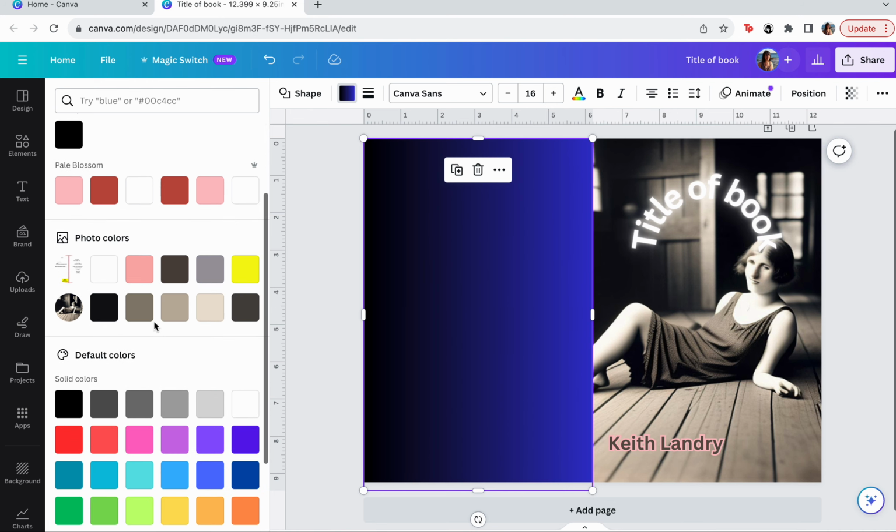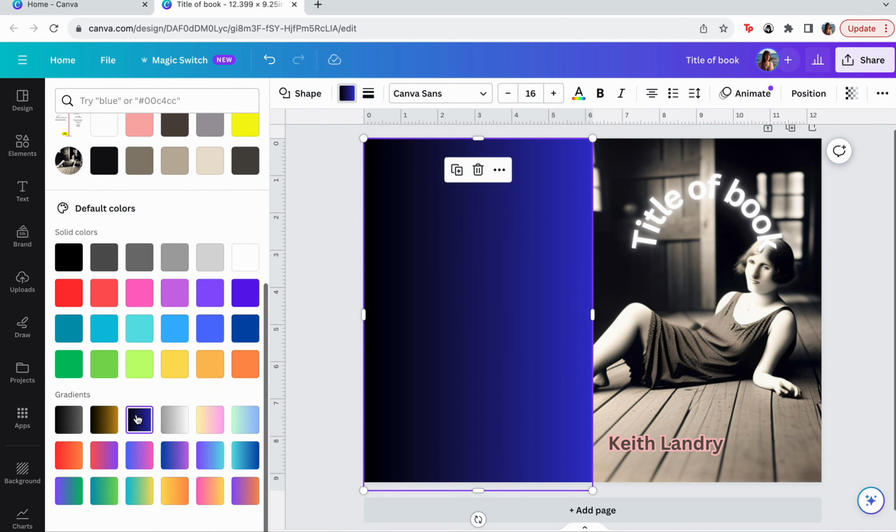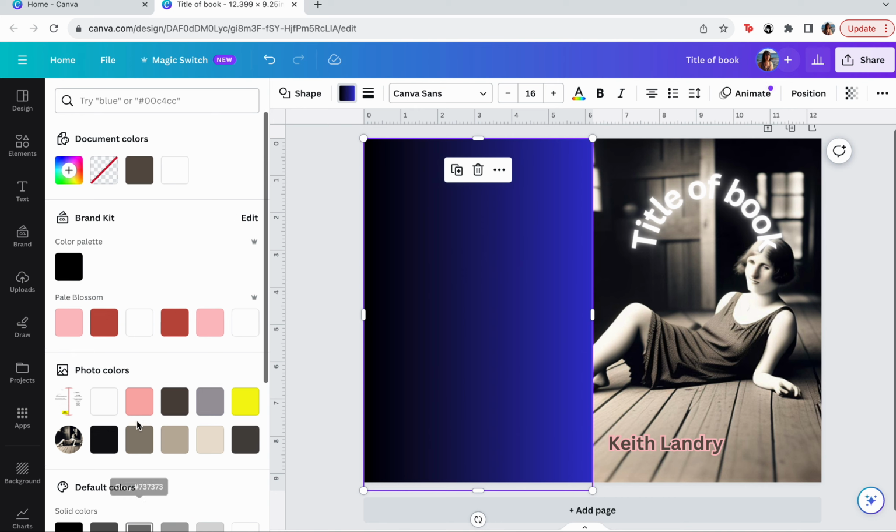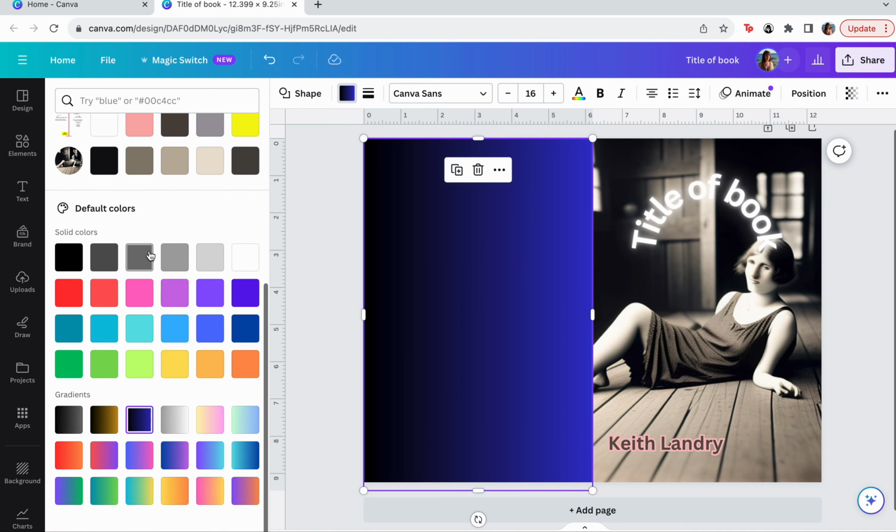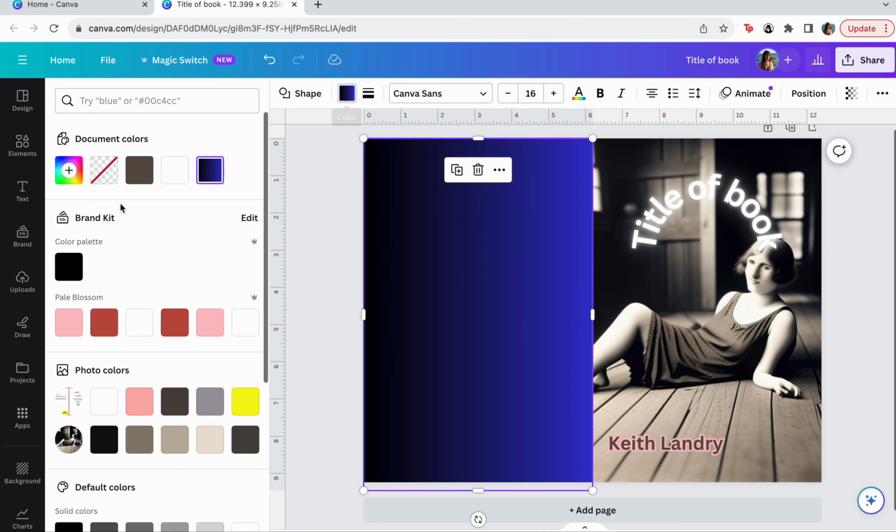And then I would double click on it. Let's see if that would work. No. So you can play around and see. I'm just trying to figure this out. Oh, there it is. Okay, so then let's say you choose this gradient and you're like, I need to adjust